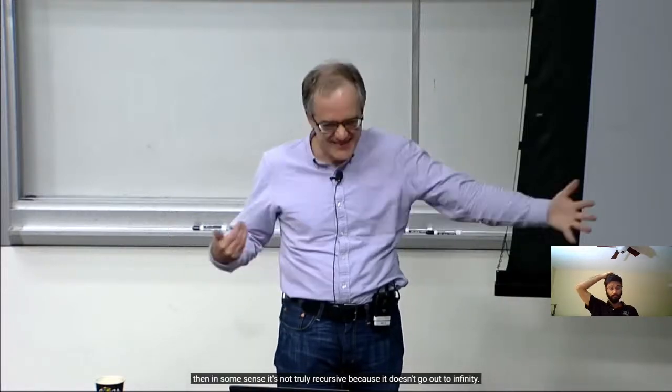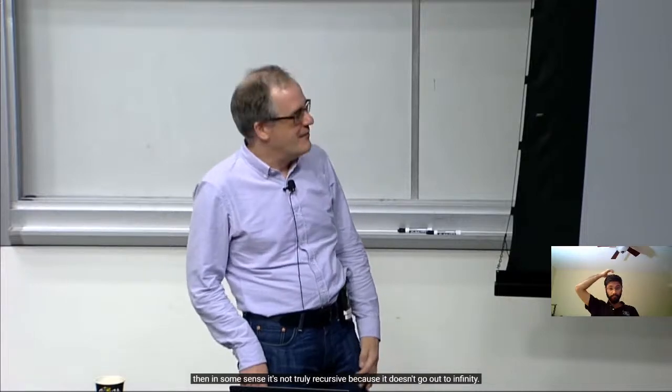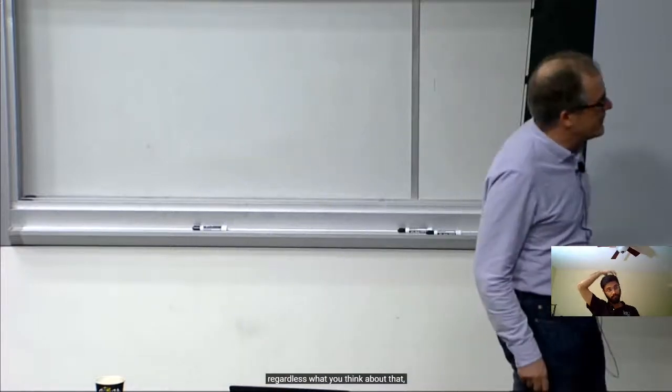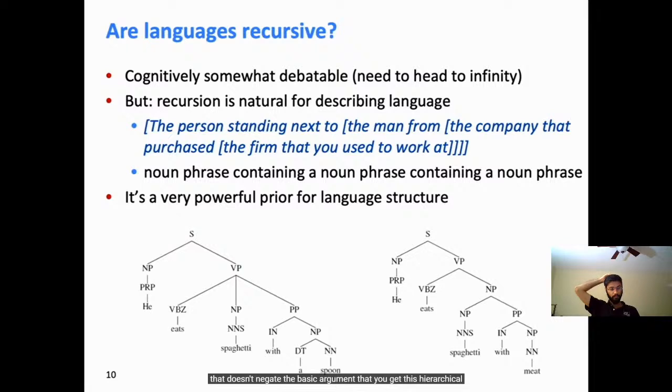And so as soon as you sort of want to make an argument like, okay, even if they said that, no one is going to say a noun phrase with 10 levels of nesting. And if you put some hard limit on it like that, then in some sense it's not truly recursive because it doesn't go out to infinity. But regardless of what you think about that, that doesn't negate the basic argument that you get this hierarchical structuring with the same kinds of things like noun phrases, sentences, verb phrases appearing inside each other